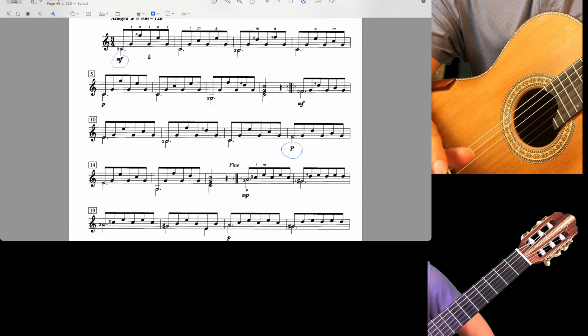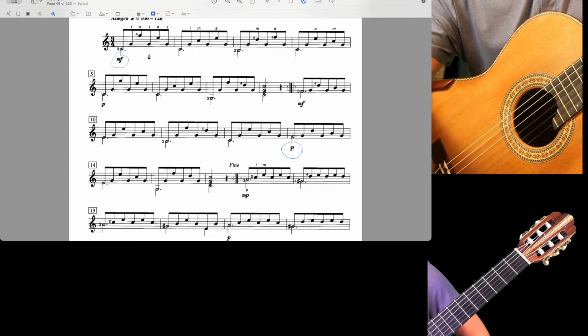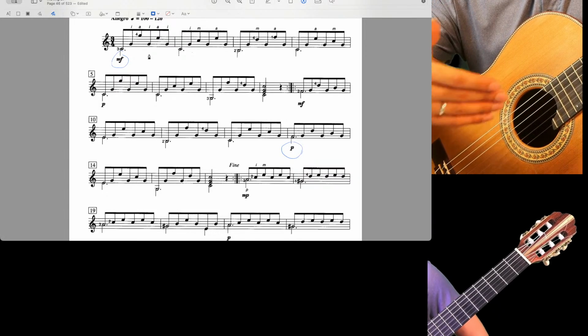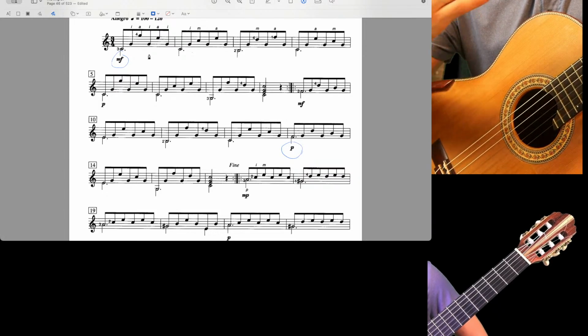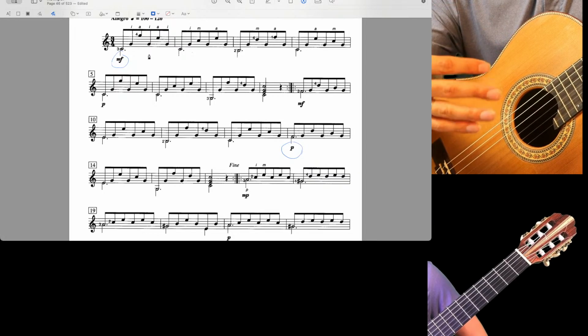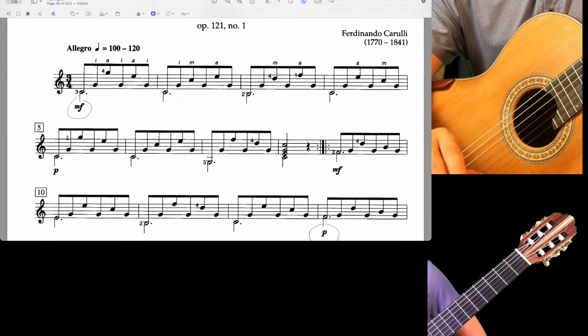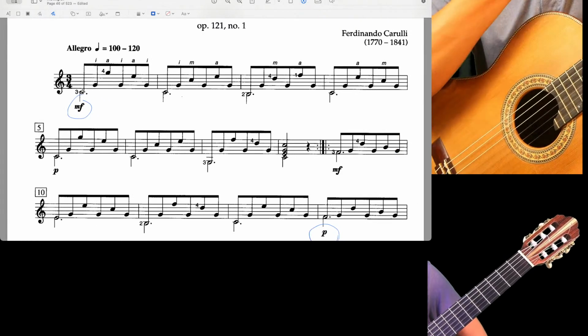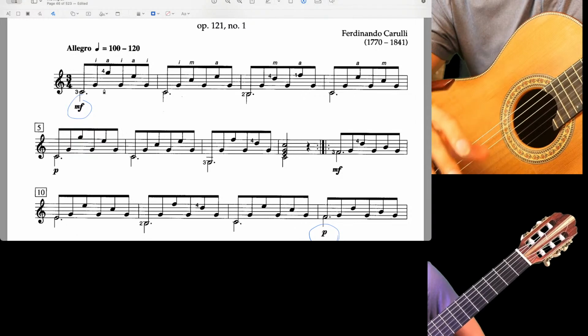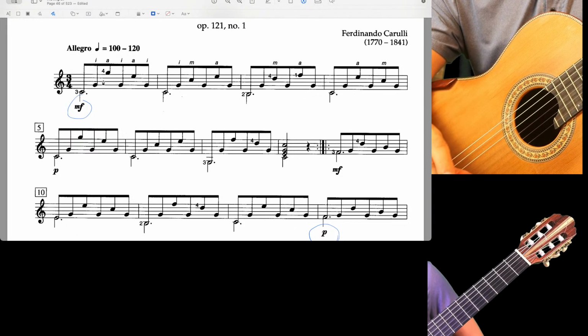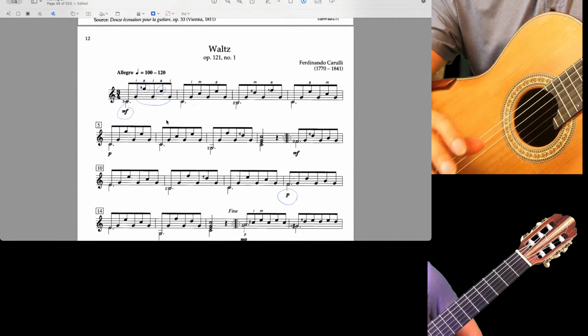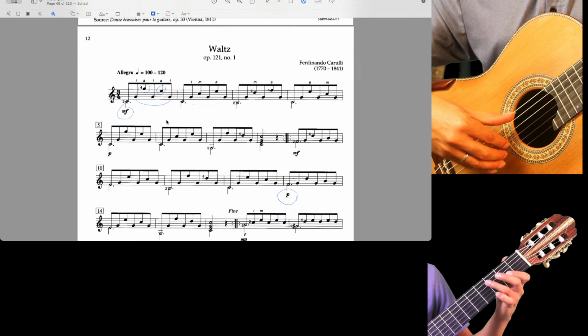Another deceptive thing about this piece, so one is the tempo. We don't want it to sound like a study, like an arpeggio study, because it's not an arpeggio study, it's a waltz. And so the rhythmic feel is important. That's one thing, but also bringing out the melody above the pedal note in the middle. So notice how I really tried to do that. I really tried to bring out